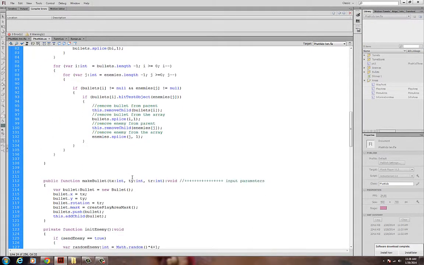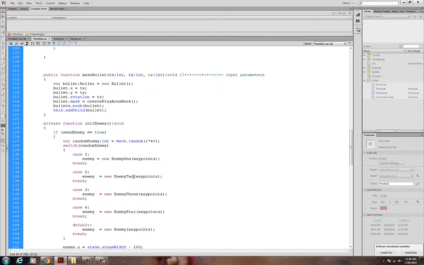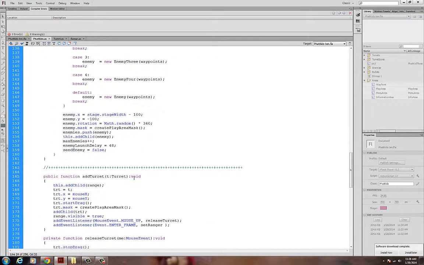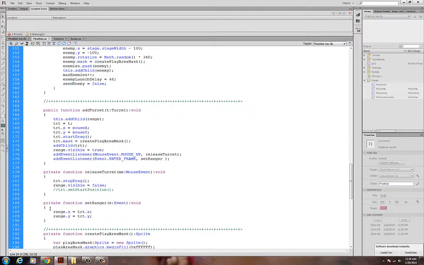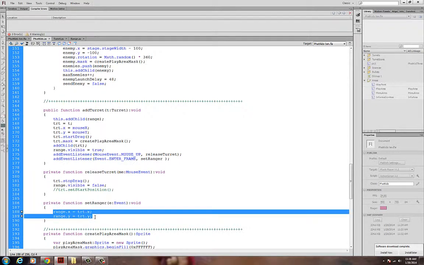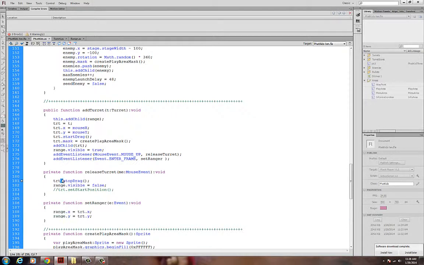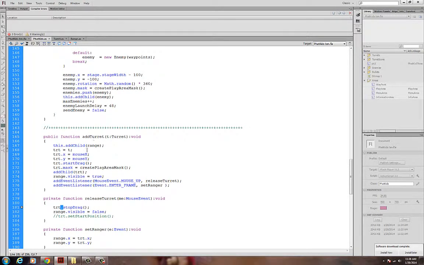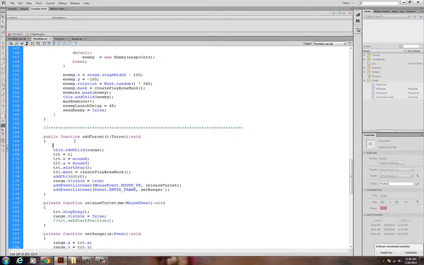Now I'll come back here and notice that I have this set up currently so that when I create a turret, I'm calling a function called set ranger. And set ranger is going to make range x equal turret x. So this is actually making the range, which is that white, sort of half opaque circle, follow the turret location. What I want to do up here in add turret though is I would like to set the dimensions of range, and so I can do that by simply taking this and saying range dot